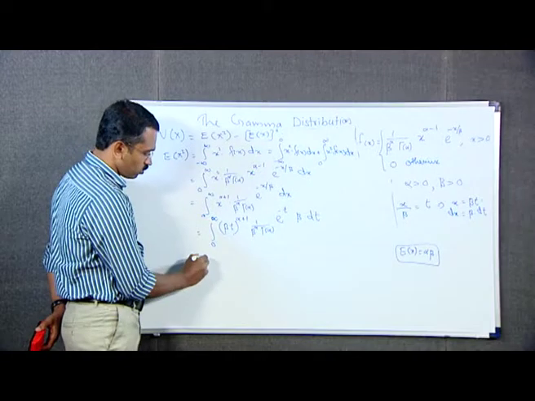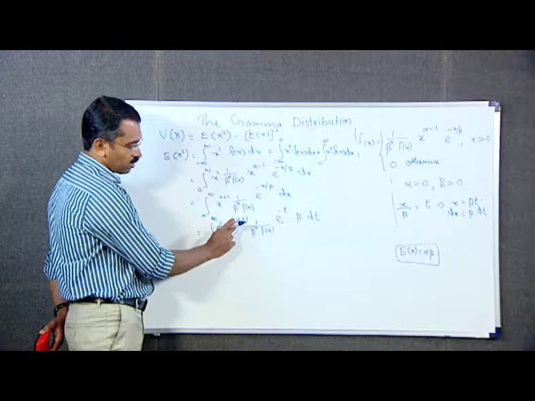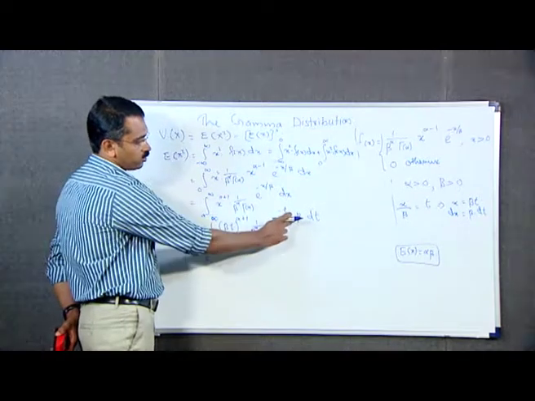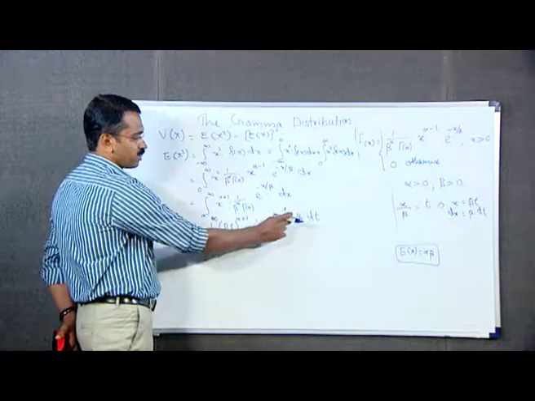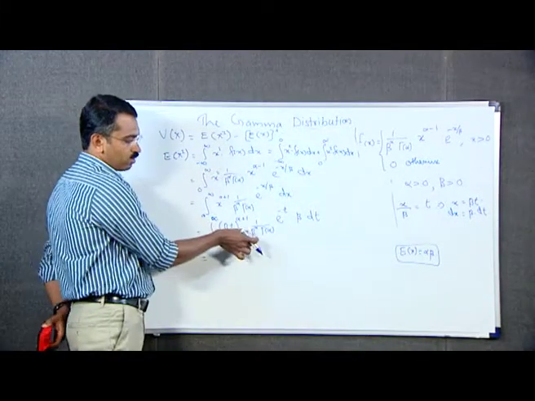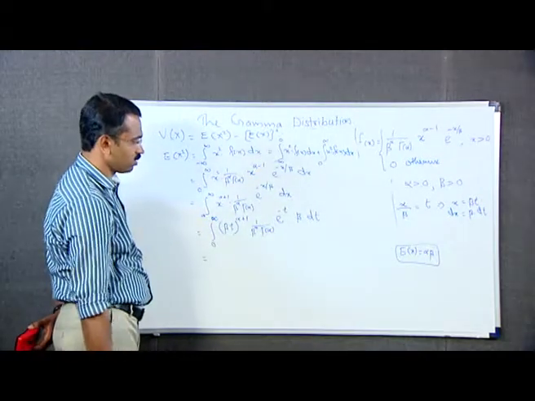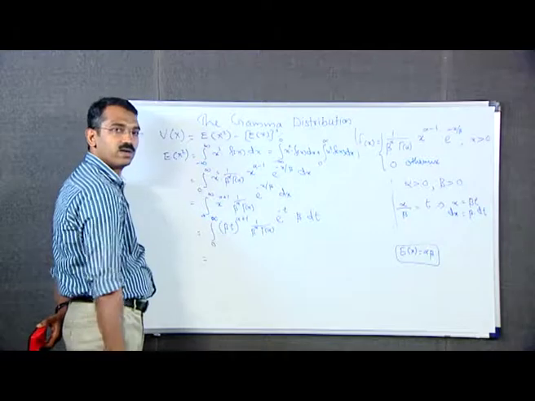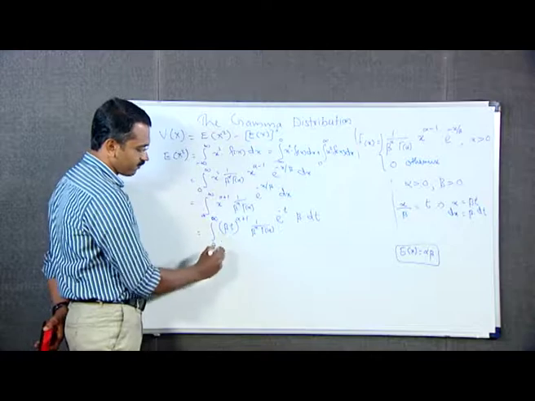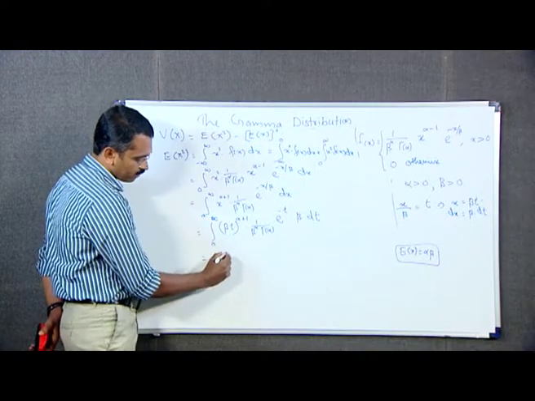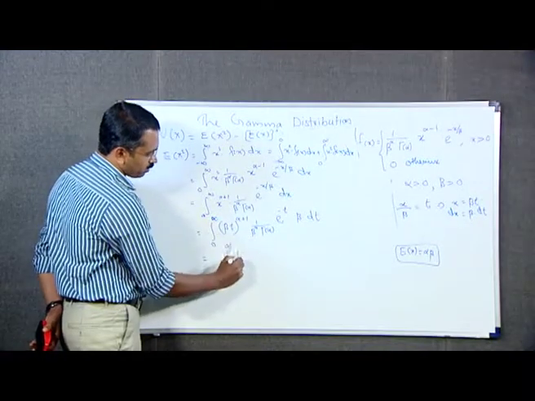This is equal to, here, beta raised to alpha plus 1 into beta means beta raised to alpha plus 2. In the denominator here is beta raised to alpha. Therefore, beta raised to alpha cancelled. This is equal to integral from 0 to infinity t raised to alpha plus 1